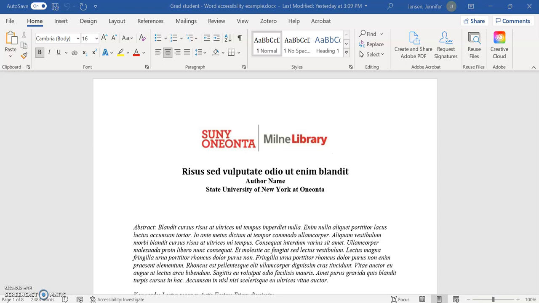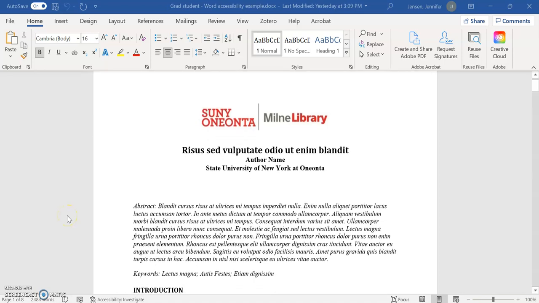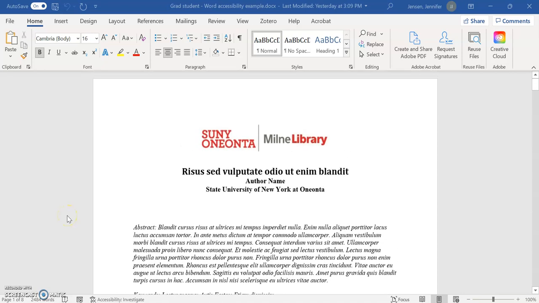Hello, this video is showing how to use Microsoft Word to create a more accessible document. Specifically, we're going to focus on using headers that create tags in PDFs afterwards. This document is my pretend thesis, and we're going to start by going up to the review section and